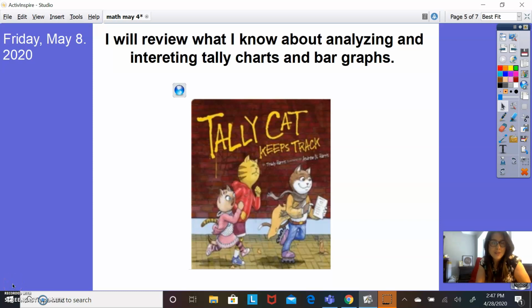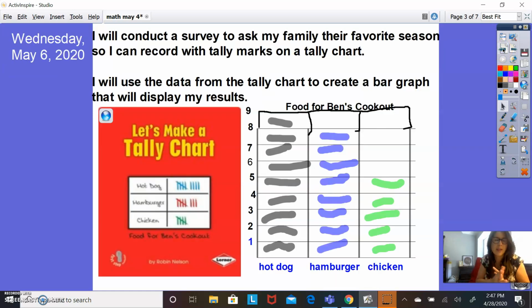Podcast. We are back. It is Friday, May 8th, 2020, and we have been talking about tally charts and bar graphs this week in math. We're just going to do a quick review of what we know about analyzing and interpreting tally charts, and then I want to read you this Tally Cat Keeps Track story. It's a fun story. Okay, let's go back to Wednesday's lesson here, and let's just talk about what we know